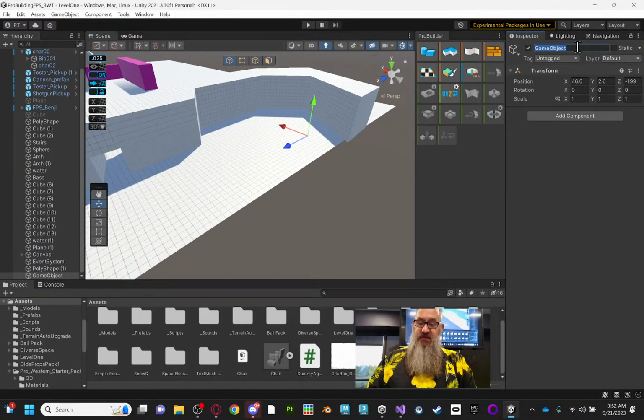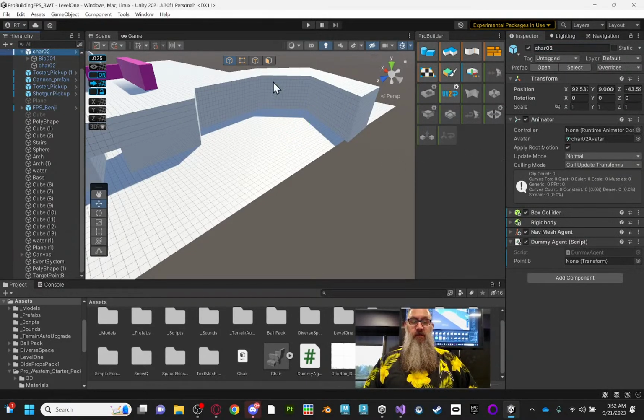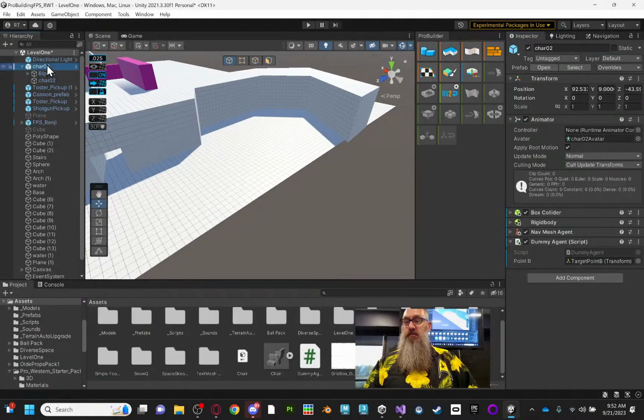So I'm going to call this target point B, just so I understand what it is. It's just an empty. It's just a transform. So I come over here to character 2, and I can find my target point B again in my, there it is. Say, hey, there's your destination. Go. This guy's done. So I'm going to go ahead and I'm going to save him before I do anything else. I'm going to save him off as a prefab. So he's going to be